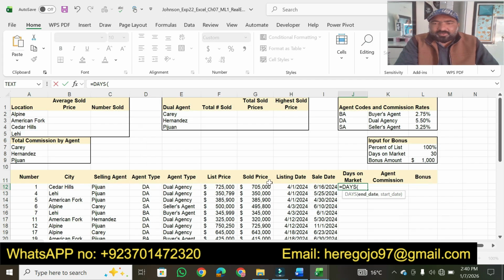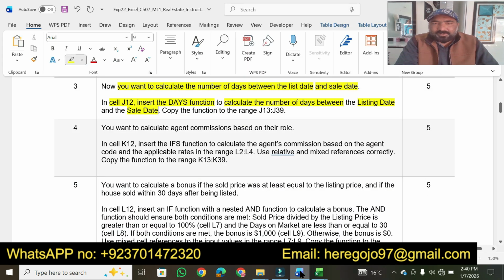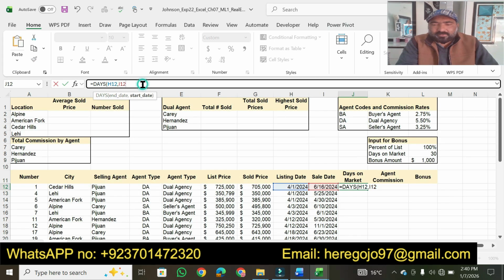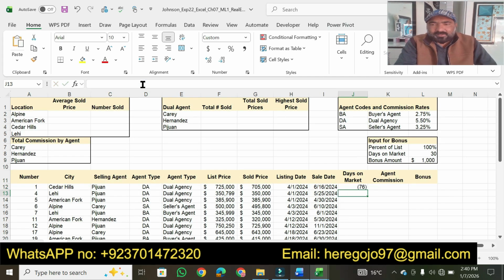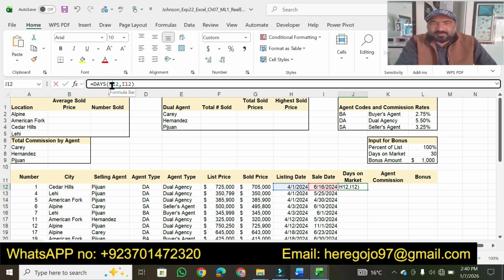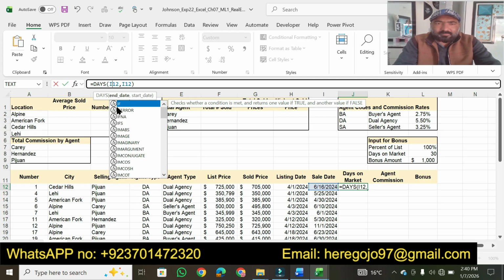Where is a listing date? This one, comma. Where is a sale date? This one. A listing date and a sale date. Then close parenthesis, press enter. Okay, now the answer is negative, meaning we have to shuffle that one. Or I12 must be,